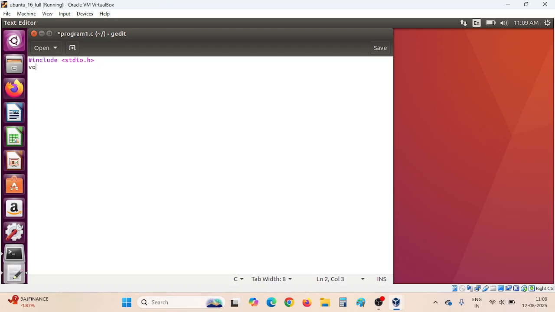Next line, I need to add a main function. So void main opening brace. And after opening brace, I can type the actual program, whatever the logic. Let us say I want to write a program to add two numbers and display the result of the addition to the user. So I am declaring two variables, int a, b,